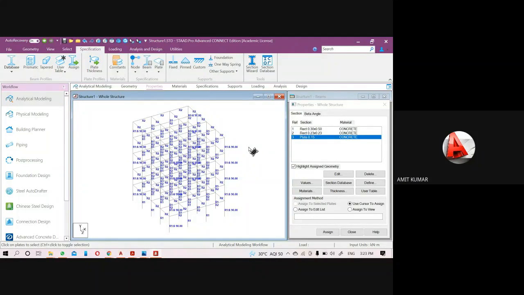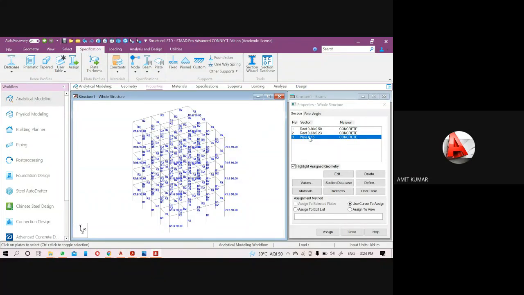Okay, so second thing, if you don't want to calculate these values, just create the plate and assign the thickness. Then software will calculate the weight of the plate according to the plate thickness. Okay, so this will be the scenario when to use the plate. Second thing, sometimes we have to provide the plate stress values, like you are creating any structure like a water tank.